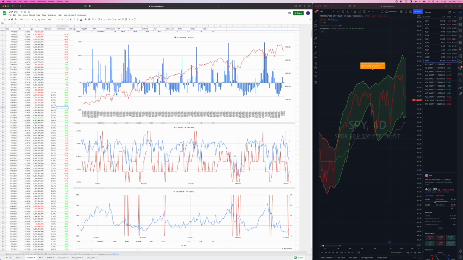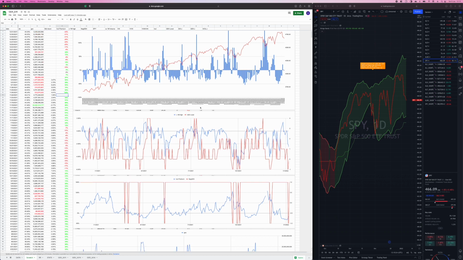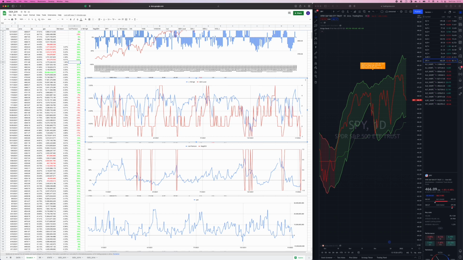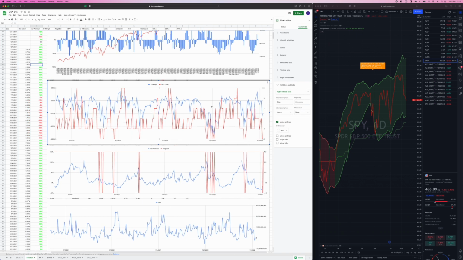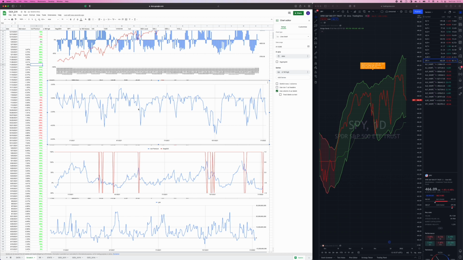Okay, so this is a normal chart that people might see on some of my dashboards, which is the price of the S&P 500 in this case against volume versus 1 month average. Okay, this chart here, actually, if I just remove that for a moment. There you go. So this is a chart that people will recognize from some of my dashboards. Again, this is the price versus the 1 month high. So these are pullbacks from 1 month highs, so at this point,